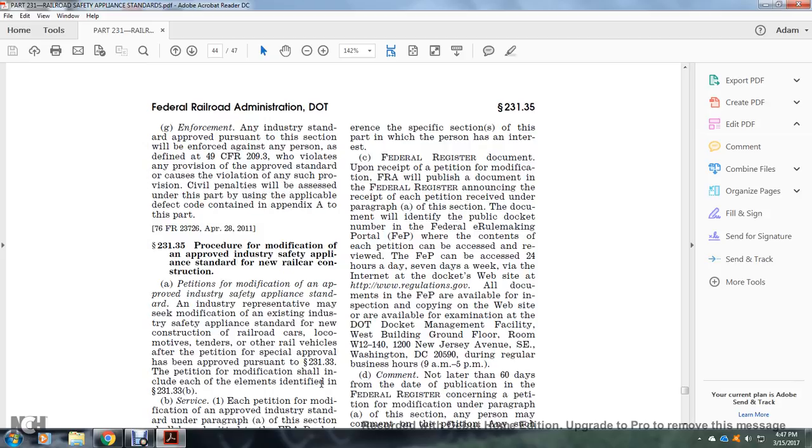C. The Federal Register document. Upon receipt of the petition for modification, the FRA shall publish a Federal Register announcement of the receipt. Each petition received under paragraph (a) of this section will identify the docket and public document number on the Federal E-Rulemaking Portal, where the contents of each petition can be accessed. The portal can be accessed 24 hours a day, 7 days a week via the internet at www.regulations.gov. All documents are available for inspection and examination at the document